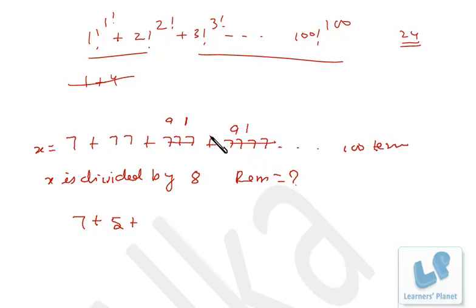That means from this number onwards you'll be getting the remainder as 1, because every time you'll be left with 1 and the next number is 17. So 1, 7, 1, 7, the remainder will be 1 always. Okay. So 98 terms are there. So 1, 98 times. So that's 98. Right. So in all, we have to find out the remainder of this total while divided by 8. So 98 divided by 8, the remainder is 2. Then 7 plus 5, 12 and 2, 14. So finally 14 divided by 8, the remainder is 6.